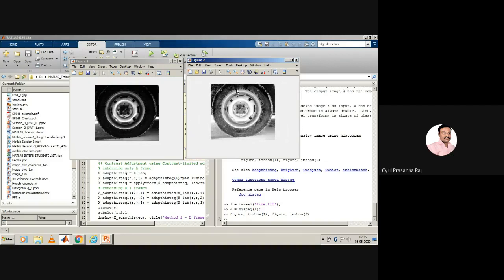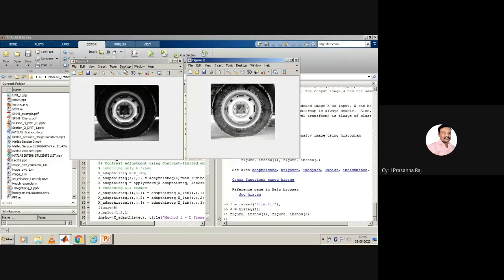So what you do is perform histogram equalization, identify the edges properly, and then perform edge detection. After performing edge detection, you go back to the original image, superimpose that edge on the original image, and then extract the objects. That is the actual method basically used for image processing.